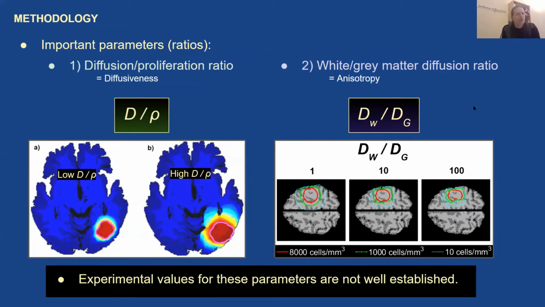Now, there's a problem with this, and it is that actual experimental values for these, for actual cases of GBMs, are not well established. Attempts have been made at finding them, but there is no clear consensus on what the values should be, perhaps because GBMs have an intrinsic variability in how they grow. Anyway, we tried to do this systematically, so we looked at the actual values that have been reported, and we tried all of them. So we have our model, we have our parameters. It's time to simulate some tumors.